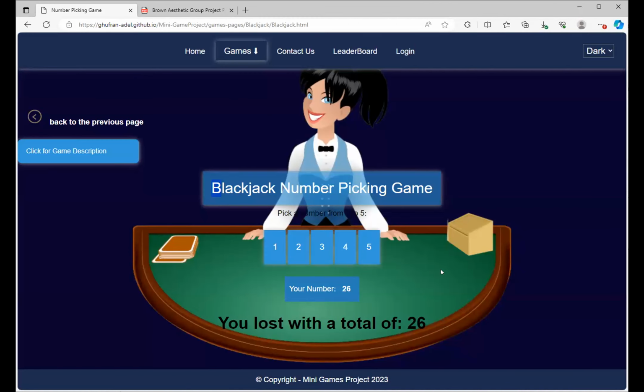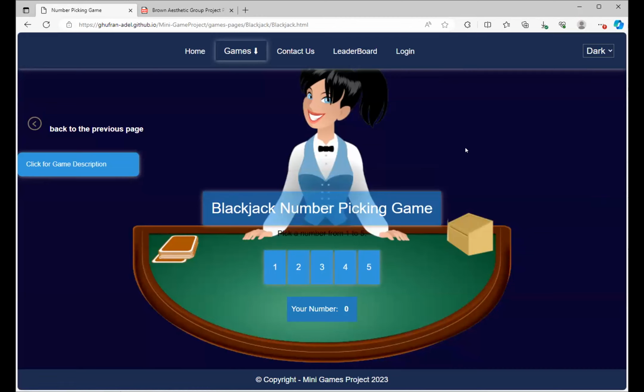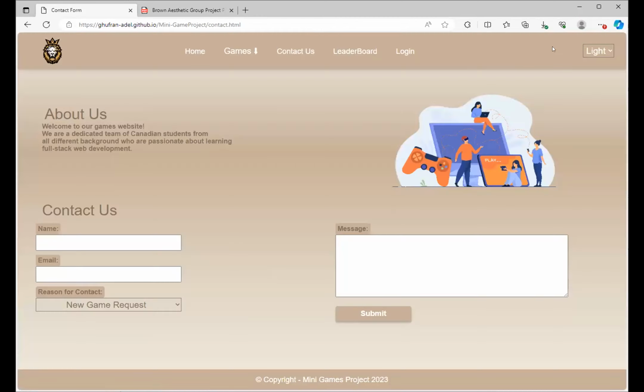And for functionality, it's really only now that I realized that a redo or a new game button would have been awesome, because whenever I practiced, I just played it once to check things and then I refreshed and made code changes. I also did the contact us page.